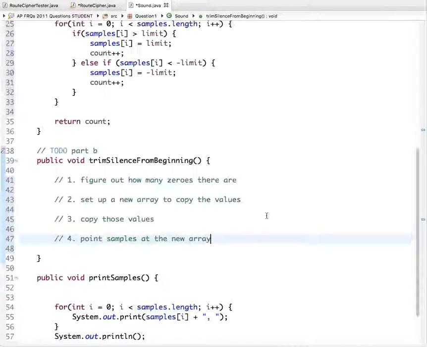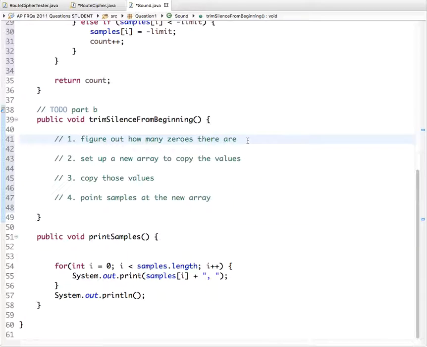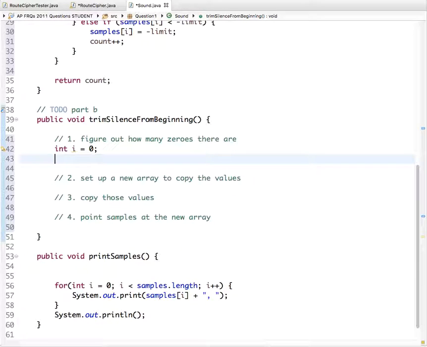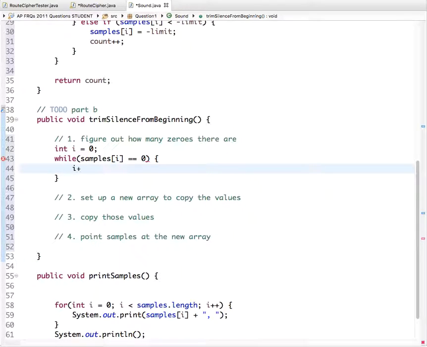All right, so how do we do the first thing? Well, we need to figure out how many zeros there are at the beginning. So I'm just going to set up a counter variable, because anytime you need to do things over and over, you need some sort of count variable. And when we don't know how long to do something, we almost always use a while loop. So we're going to say while samples at the index equals 0, all we want to do is keep incrementing the index